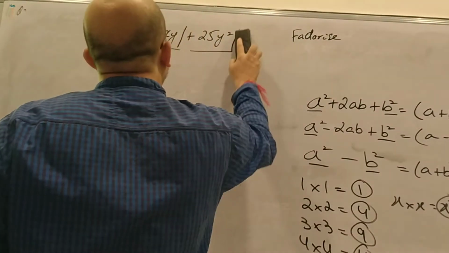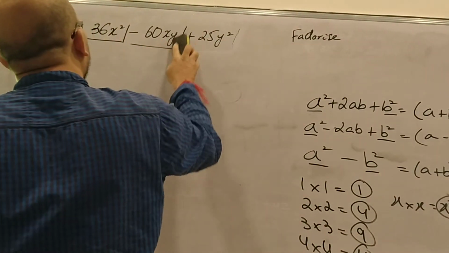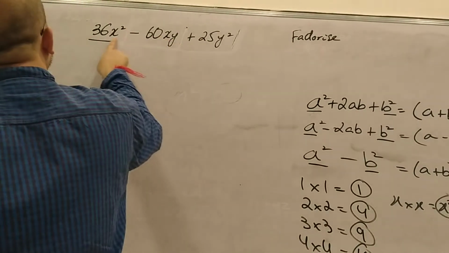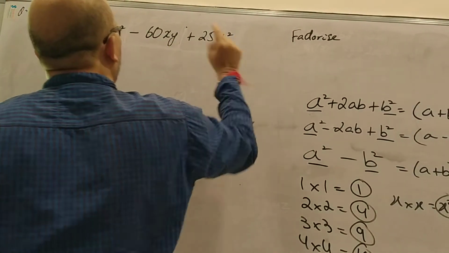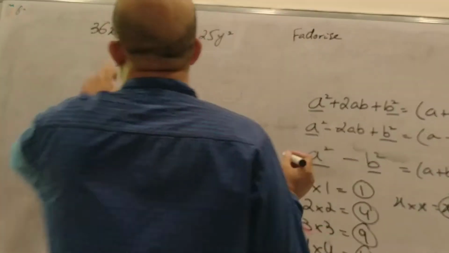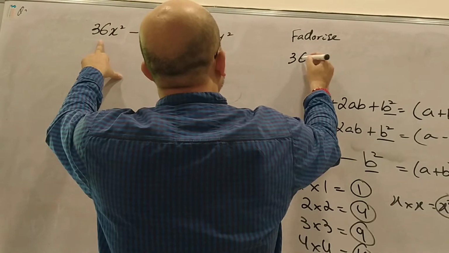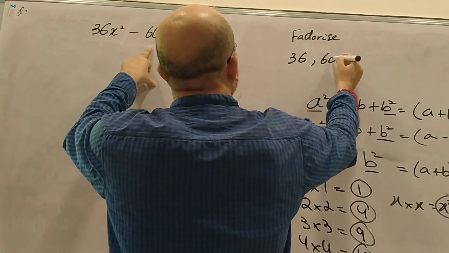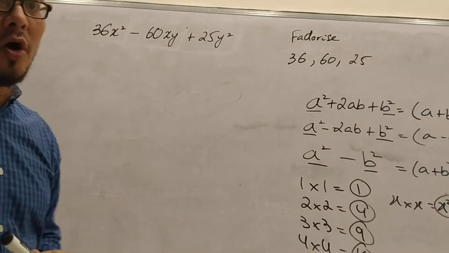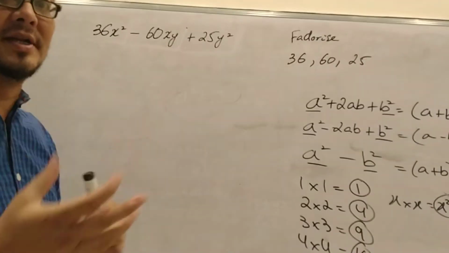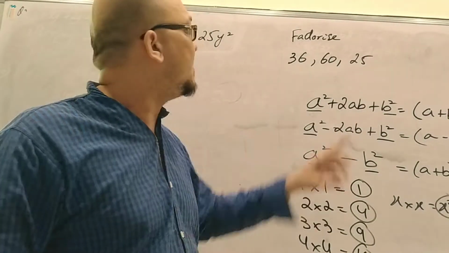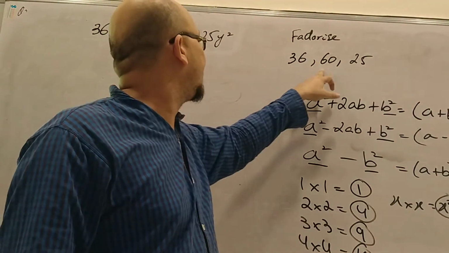हमें इस three term को one single term में convert करना है. Okay guys? तो look here, how can we make it a single term? तो single term बनाने का सबसे पहला method होता है all common. All common means in all the three terms. So look here guys, in the first term the number is 36, in the second term the number is 16, and the third term the number is 25. So guys, the first method is all common. All common means in all the three terms there will be a common factor of number. Common factor of number means a number which can divide 36, 60 and 25.